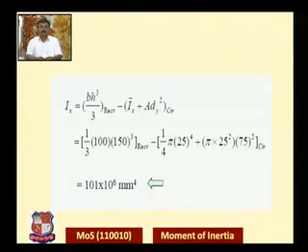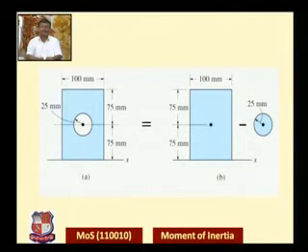the final answer. So this is the first kind of problem, where the given lamina is there, the reference axis is directly given to you, that is the x-axis as shown in the figure, and you have to find the MI of the rectangle section and then subtract the MI of the circular section from this. And while calculating the moment of inertia, just remember that you have to calculate the values of the elements about the given reference axis. So whenever it is required, you apply the parallel axis theorem and accordingly transfer the values.